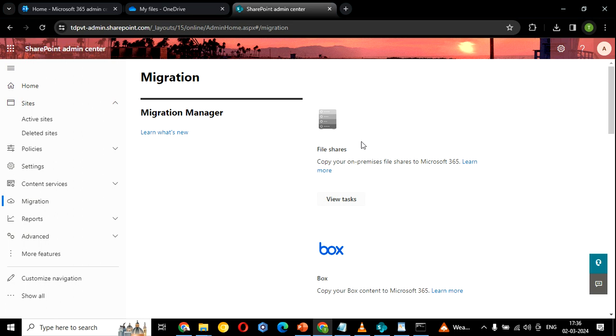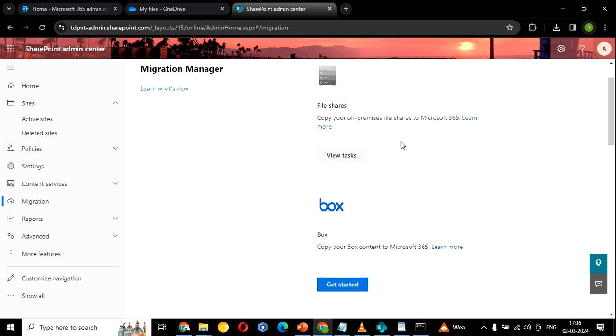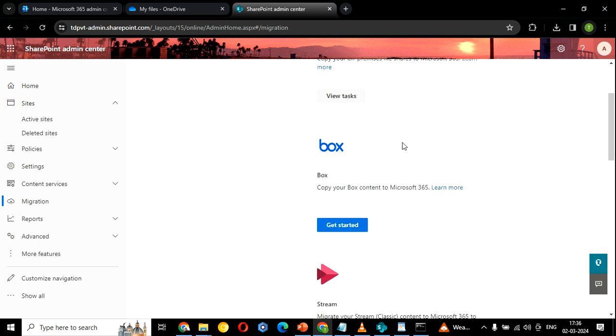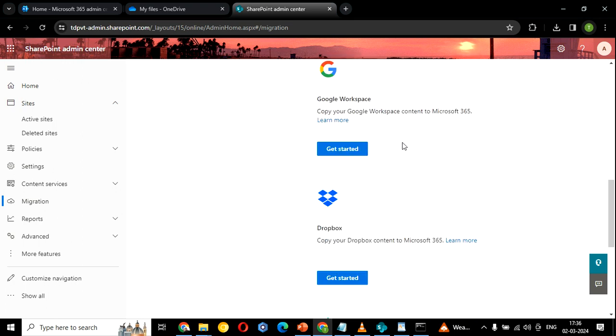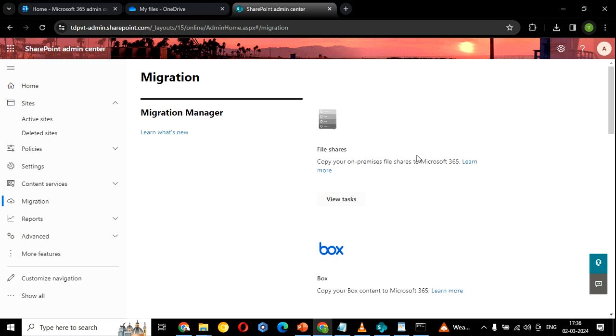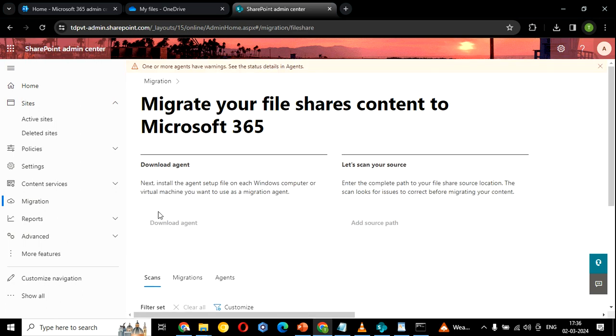OneDrive Online. You also have other platforms if you are looking to migrate from Box, Stream, Google Workspace, or also Dropbox. But the limitation is 15 gigabyte on all the cloud platforms, and 250 gigabyte we can migrate if we have data available in the network or file server. So once you click on View Task, the first option you will see is Download Agent,